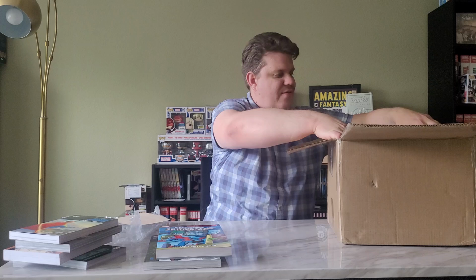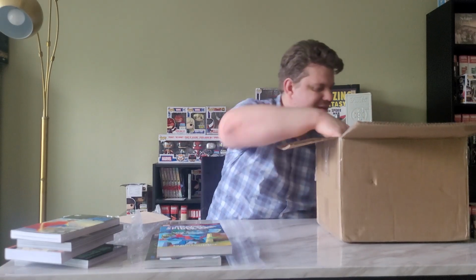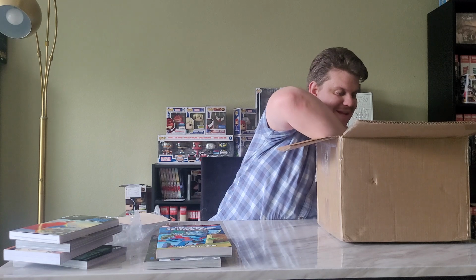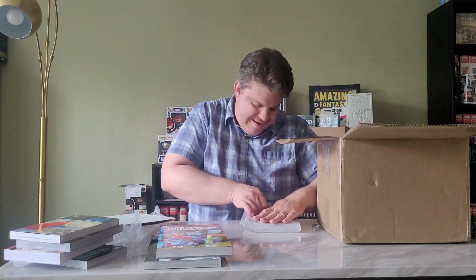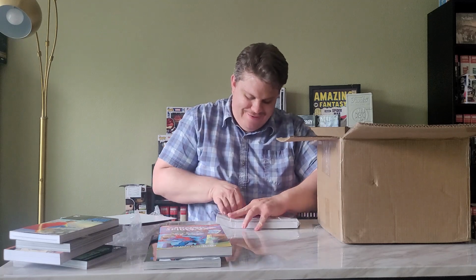And coming to the bottom of the box, another cardboard sorter. Enjoy this because I'm not going to indulge. I've been pretty good this year, but yeah, it's another set of trade paperbacks to get through. One of them, Luis, I did warn you,